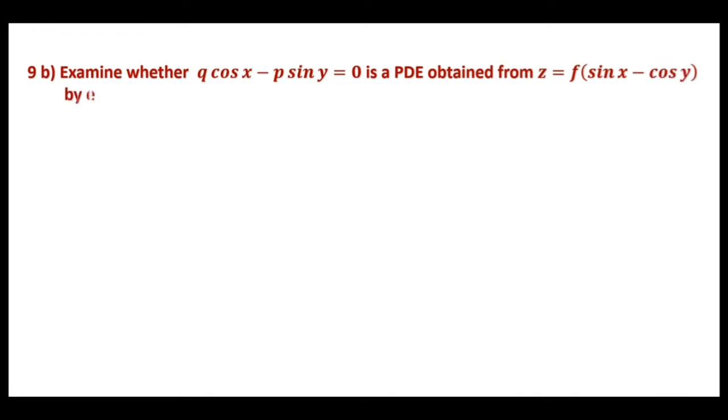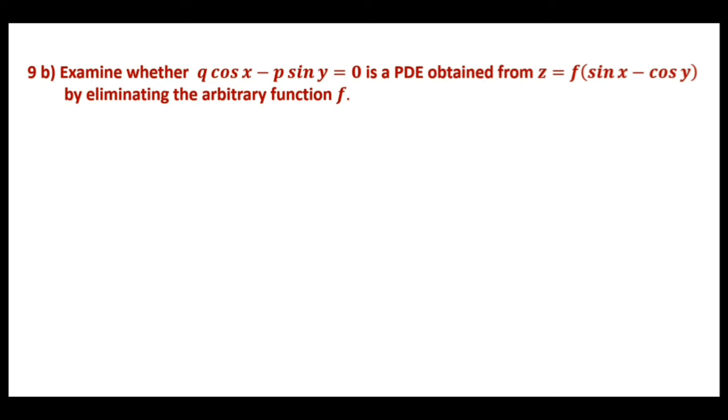Examine whether Pp + Qq = R is the partial differential equation which is obtained from the relation z = f(sin x − cos y) by eliminating the arbitrary function f. It is a relation. That relation consists of an arbitrary function, so that we get the first order partial differential equation. As we know, when one arbitrary function is present in the relation, by elimination of such arbitrary function we will get